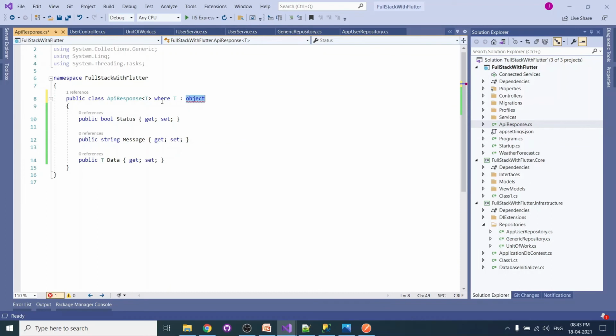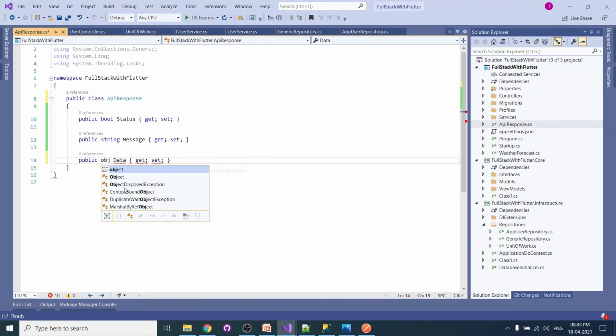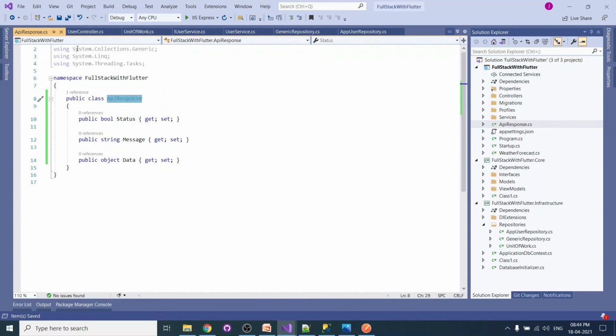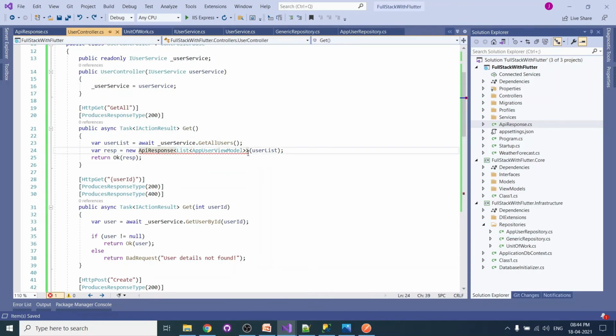Okay, so from here this generic one will be object, we'll put it as an object. So it can be any object, we can set it. So here, new API response. We can set the status equal to true, and message can be